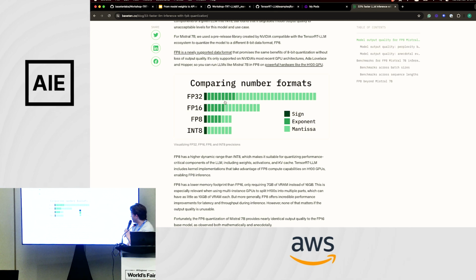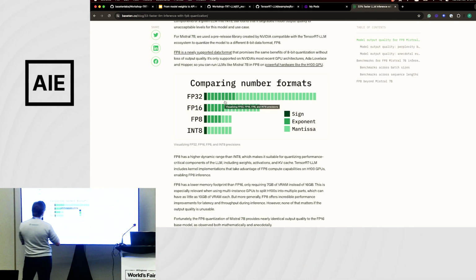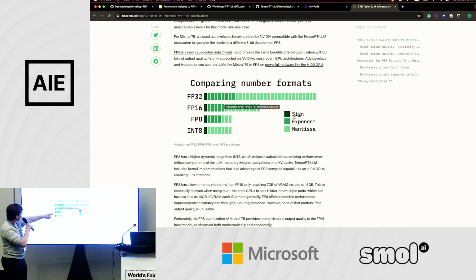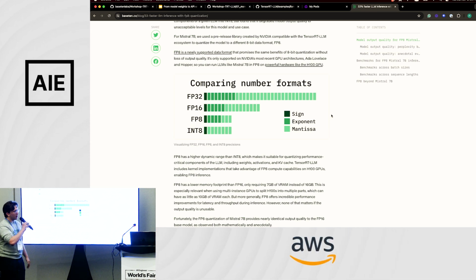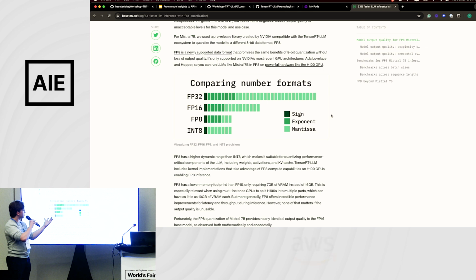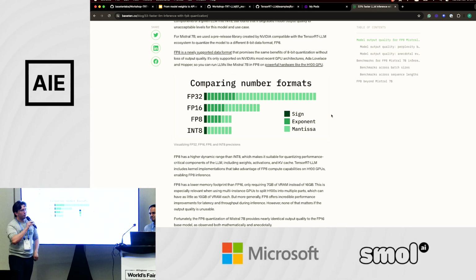So when you look at the FP8 data format, it has a sign, and there are two different FP8 data formats, but we're using the E4M3 format. So basically, you have 4 bits dedicated to an exponent, and that's what gives your FP8 data format a lot of dynamic range versus int8, which is just a uniform -128 to 127.